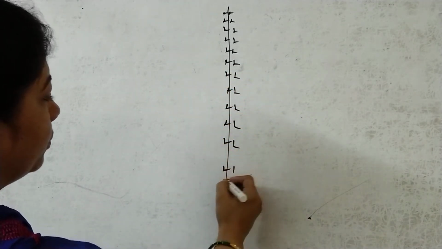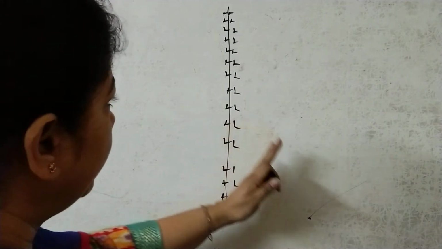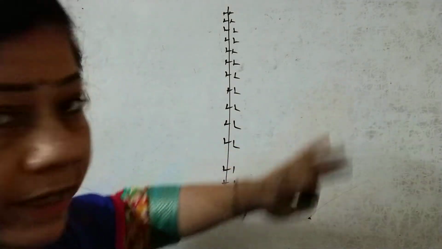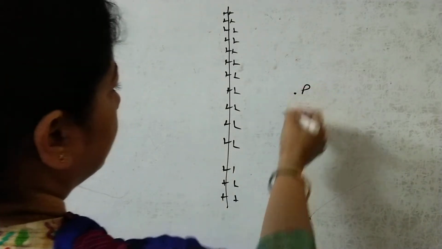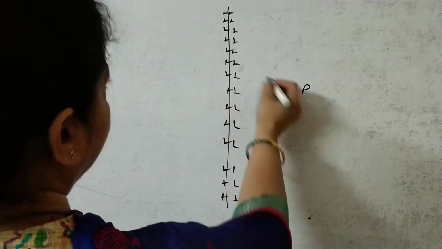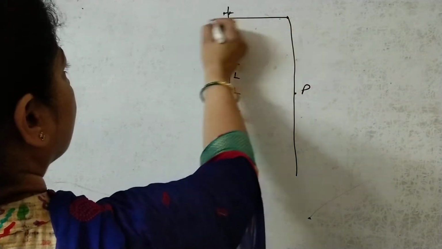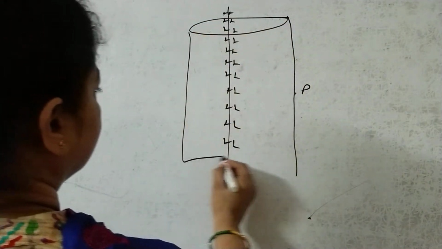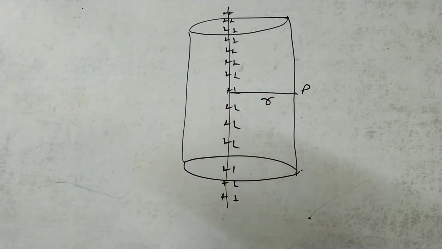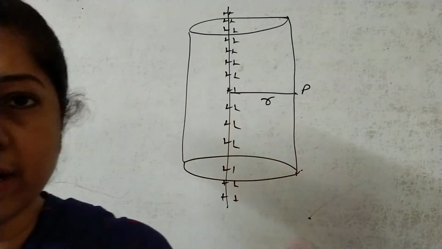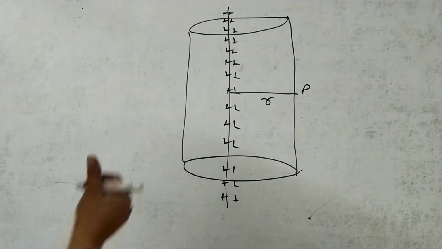If you remember the steps we did for Gauss's theorem, the electric field is to be determined. First, you find out at which point you need the electric field. Let us assume I want to find the electric field at this particular point. Taking this as the radius R, we draw a cylinder. Infinitely you cannot take the complete one, so you take a part of it and assume. So the Gaussian surface is in the form of a cylinder.